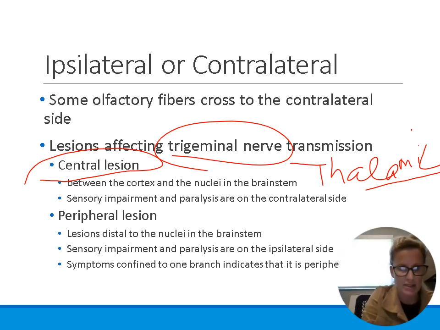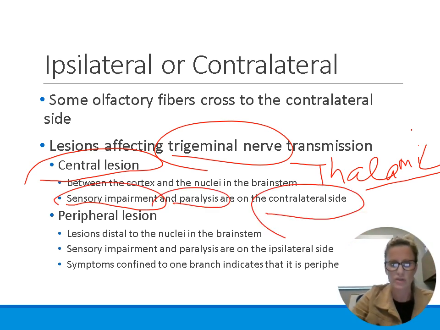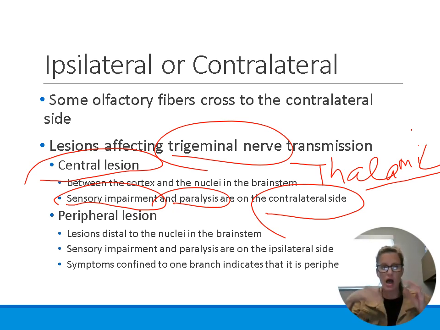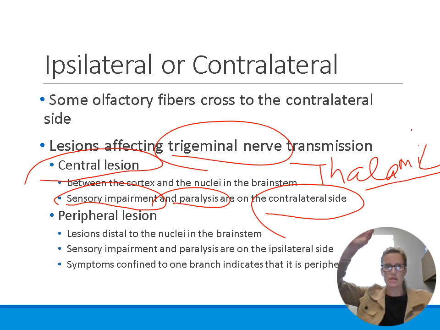In this case, the sensory impairment or the paralysis will be on the contralateral side, so the opposite side of the lesion. So if there's a cerebral lesion on the left side,